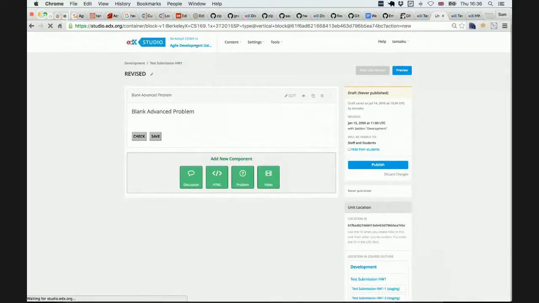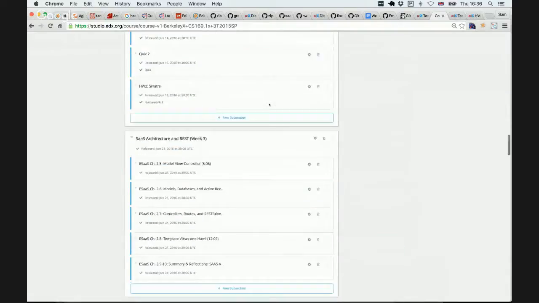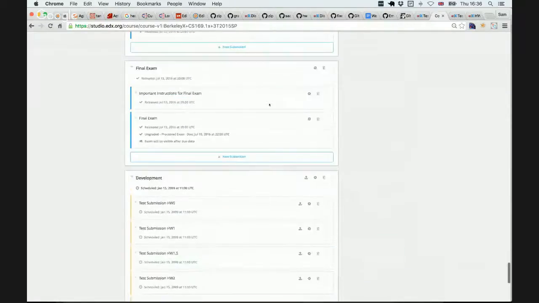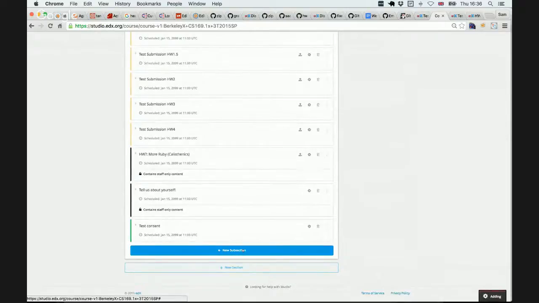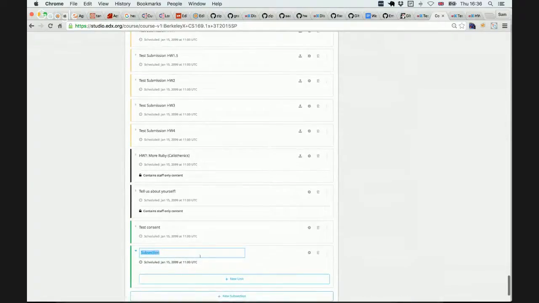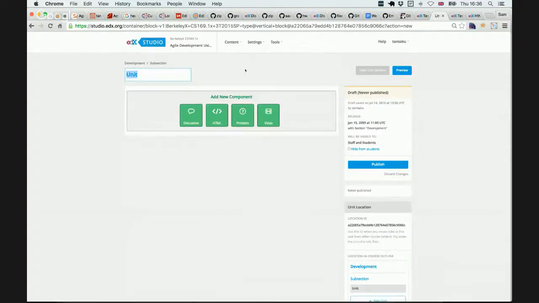I want to go in here and create a new element that will have all of the components. So if I create a new subsection here, which I call test revised grader, and we make a new unit there. Okay, and so this will now, let's do Sinatra in here,